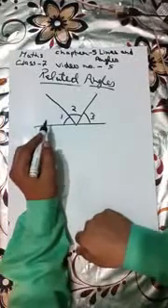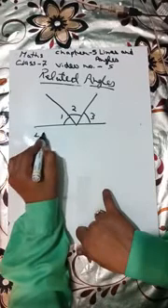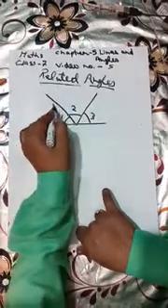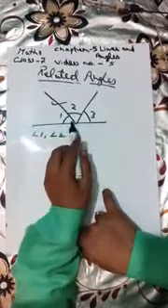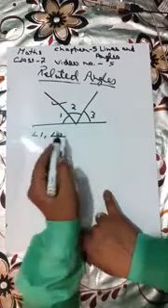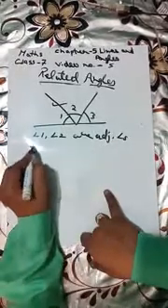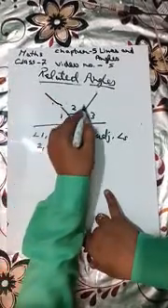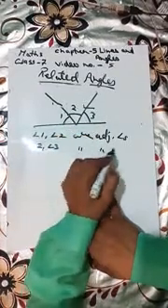Now here I have taken an example. This is angle 1, 2 and 3. Take angle 1 and angle 2. Angle 1 is this, angle 2 is this. The common arm is this. Angle 2 is on the right side of this common arm and angle 1 is on the left side. So angle 1 and 2 are adjacent angles. Let us take angle 2 and angle 3. Here the common arm is this. One is on the left side, the other is on the right side. So angle 2 and 3 are also adjacent angles.